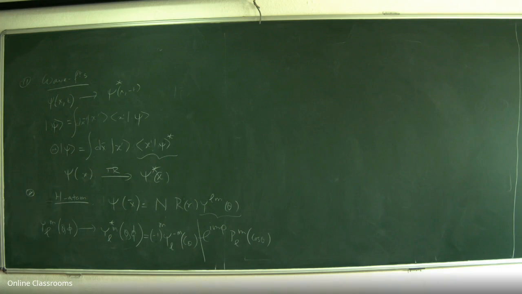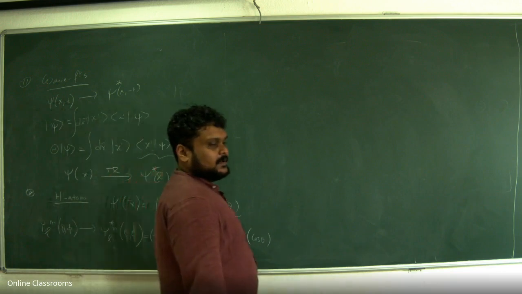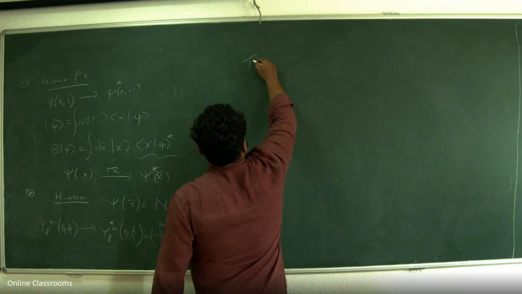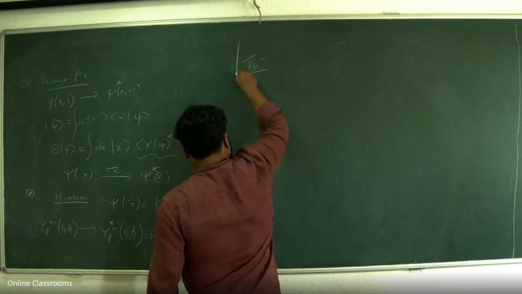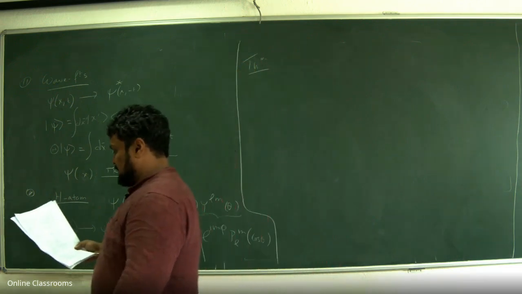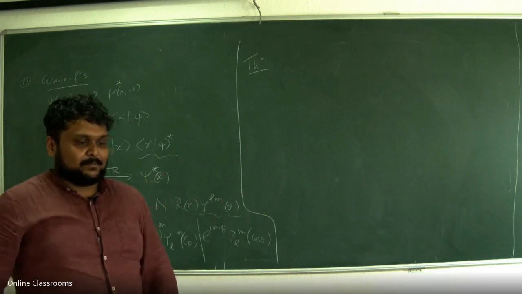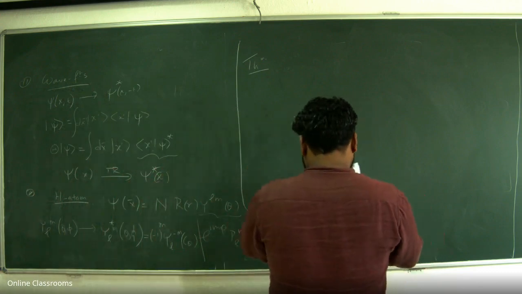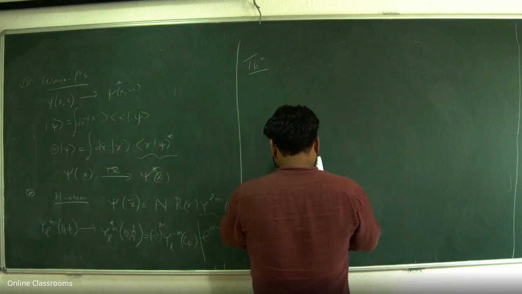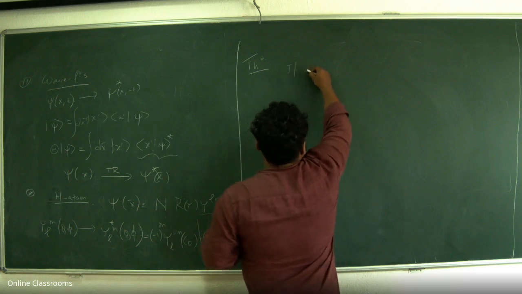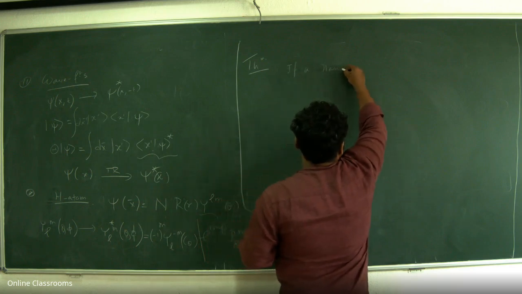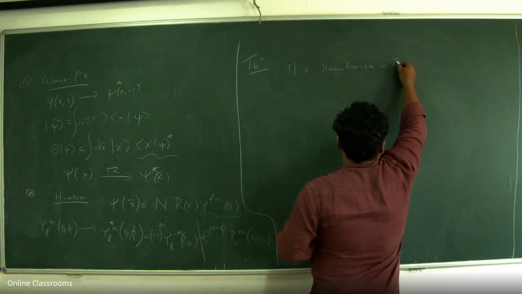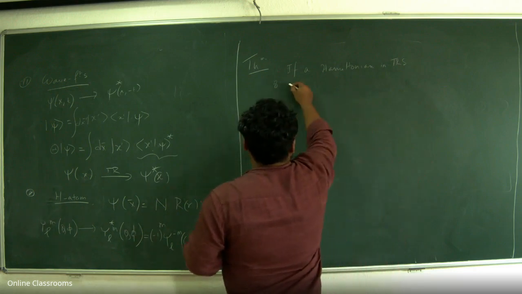Okay, so let me state a theorem and then show you what to do for spin half, and that will conclude this topic. Okay, so theorem. This is a theorem that you have already seen. I am just packaging it in a formal tone. That's all. You already know this. The statement is, if a Hamiltonian is time reversal symmetric and